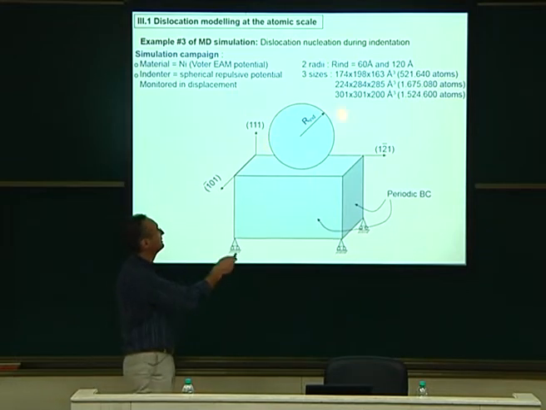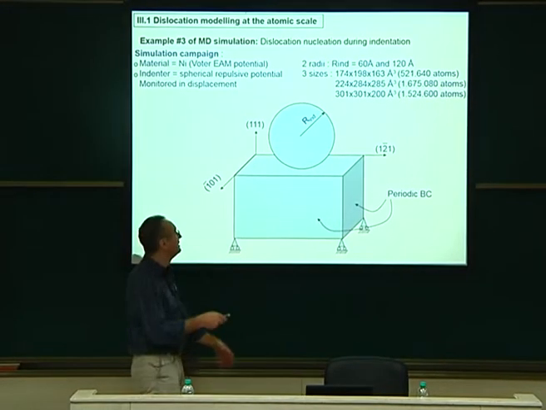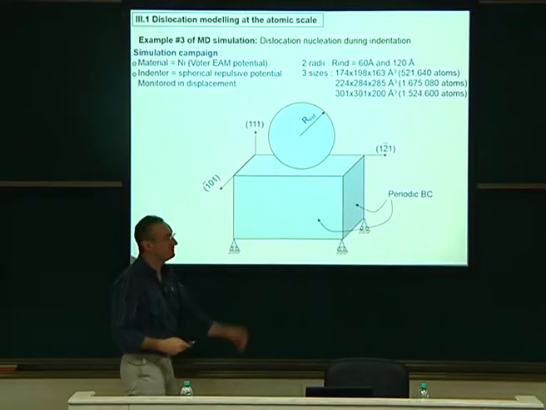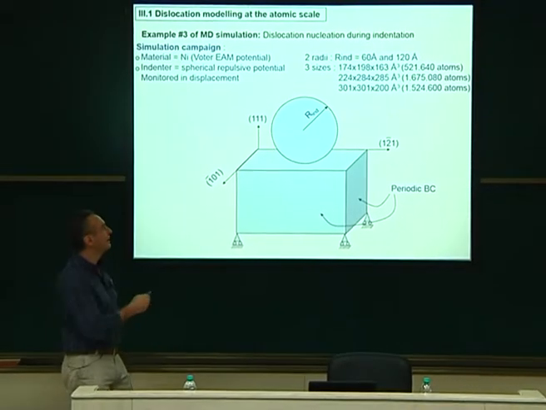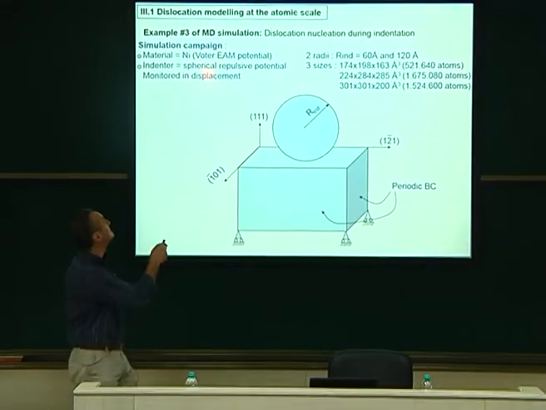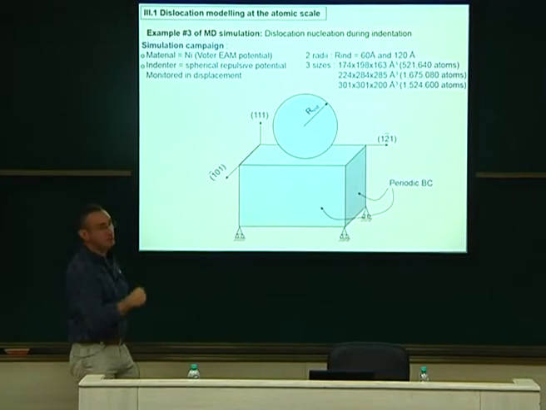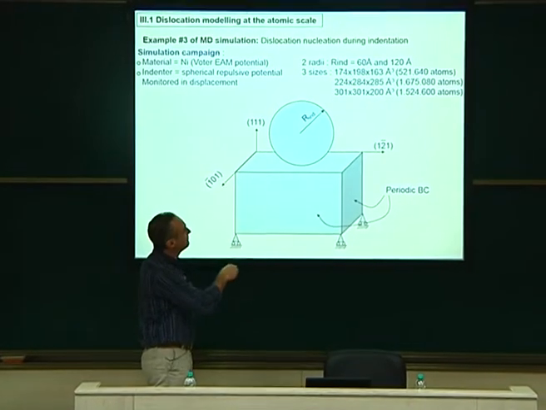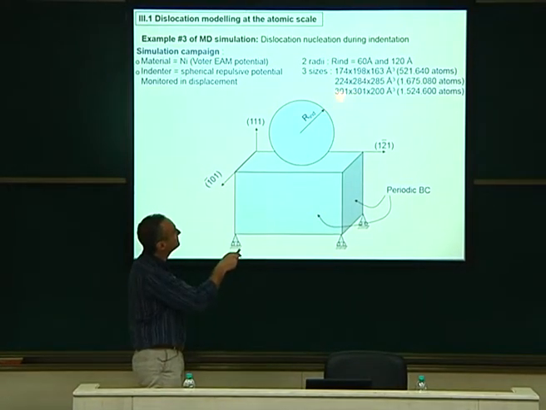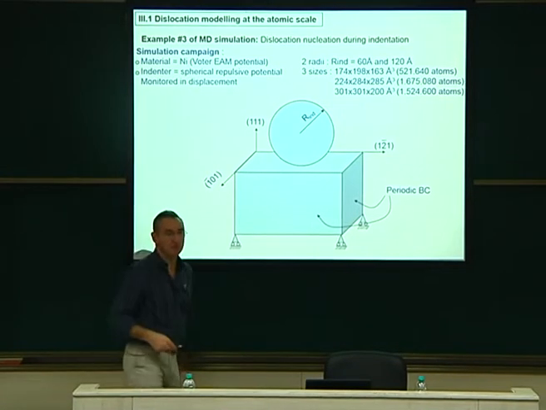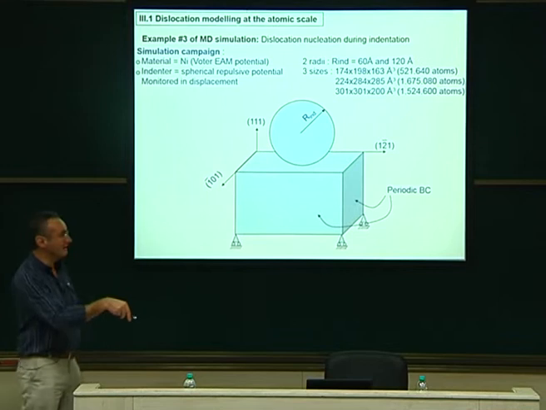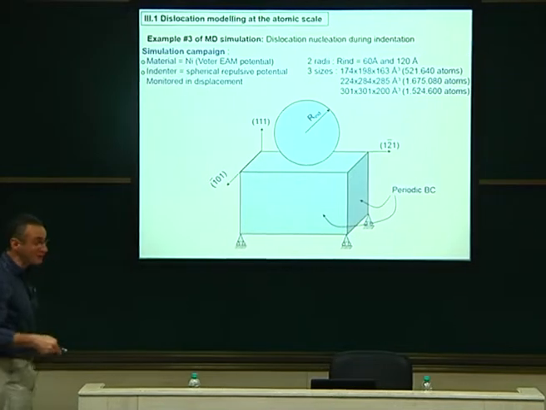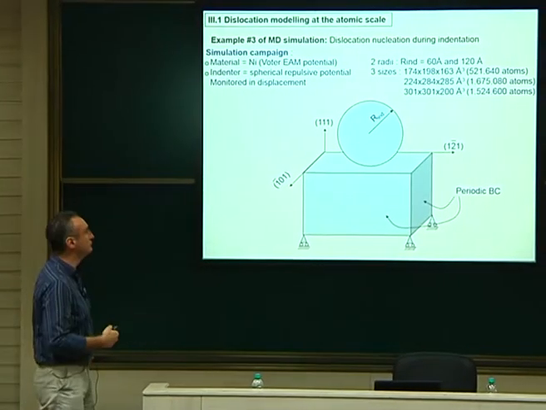So I put a big sphere, a repulsive potential typically, on top of a set of atoms. This was my orientation, 1 1 1. So you can figure out with your Thompson tetrahedron how it is located. This is an FCC material. This was nickel. I used an embedded atom method, as you know now what it is. The box size is about 20 nanometers per side, up to 30 nanometers when I took the biggest one, which gives 1.5 million atoms. This was running on my laptop. It took something like a night to run, so it's quite fast. And I did that 10 years ago. I'm sure this laptop could do better now.